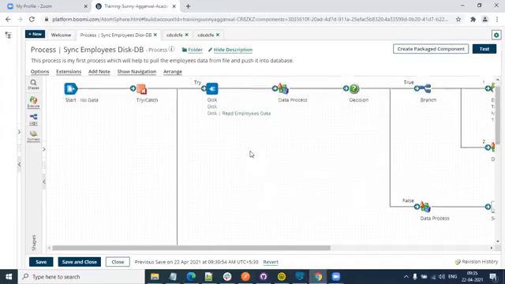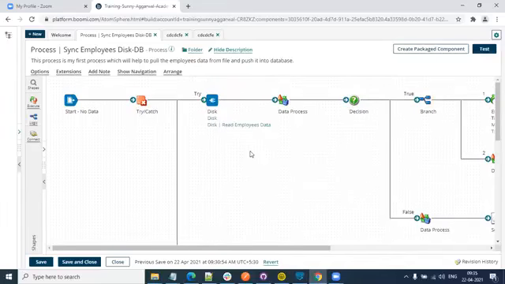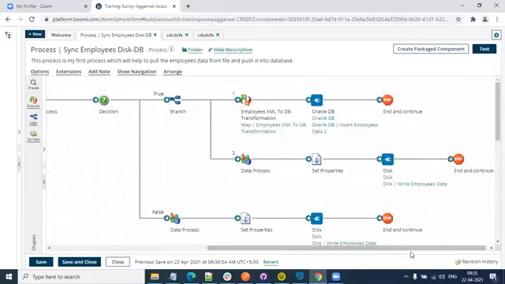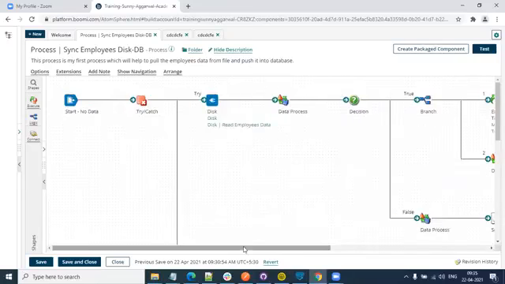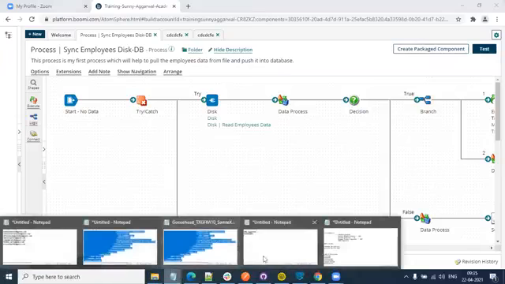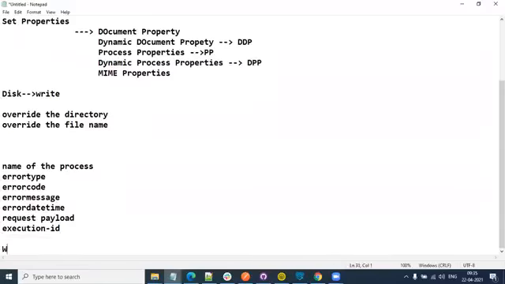So in all such cases where we see the scope of reusability, especially in cases like error handling, we should try to convert those logics into separate processes. The shape which can help us establish the connectivity between these two separate processes is the process call shape, and there is one more shape called the process route shape. So what I want to tell you is, this is very, very important. Whenever we want to call one process from another process,